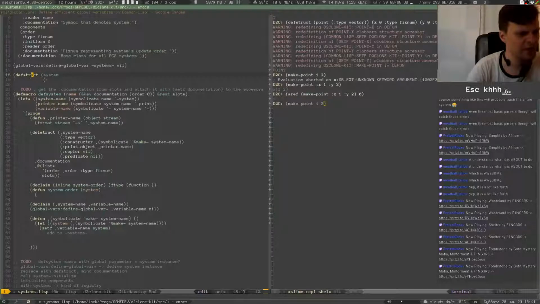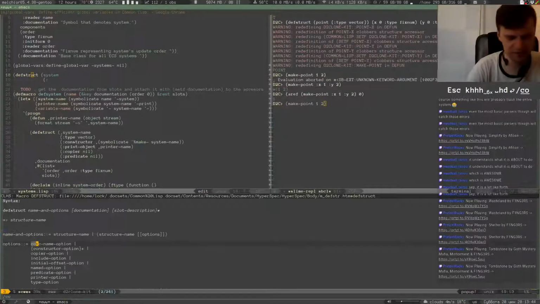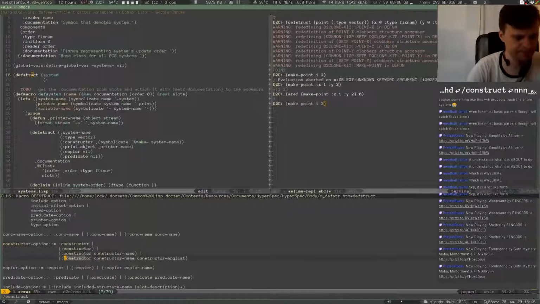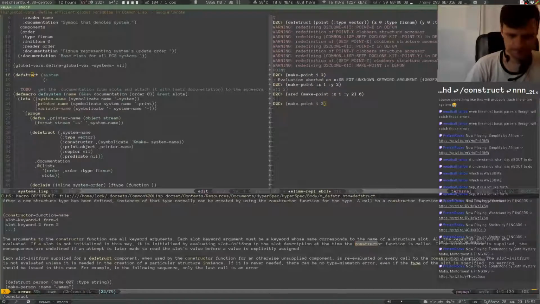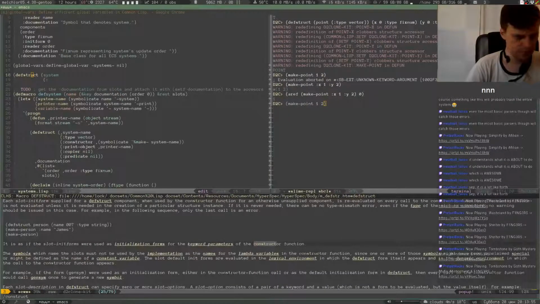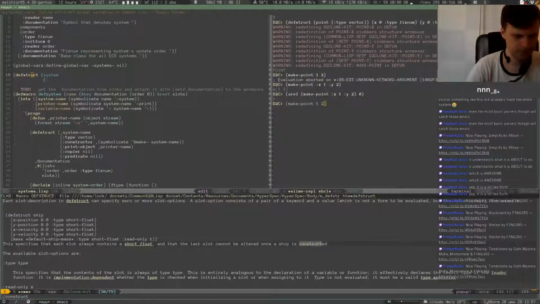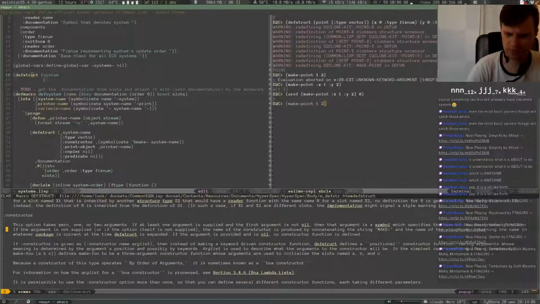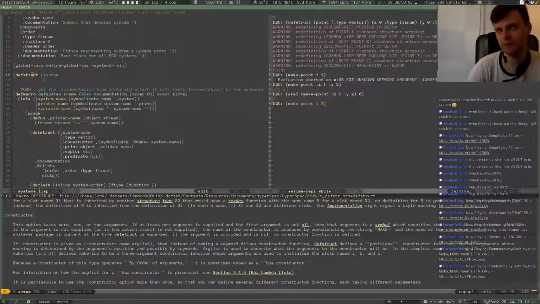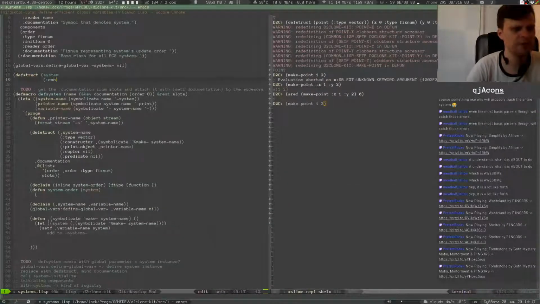And by the way, I think I can even define it as nil, so that I don't even have one. Let's see. Where was that? Yeah, that one. If the argument is provided and is nil, then no constructor function is defined. Yeah, I think I'm okay with that. So constructor nil,